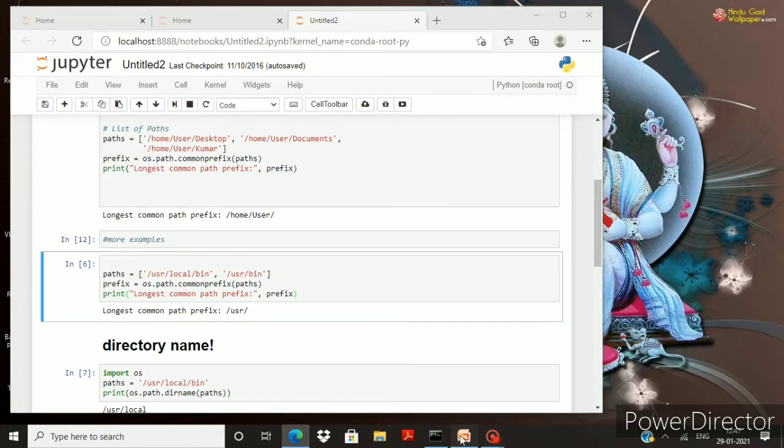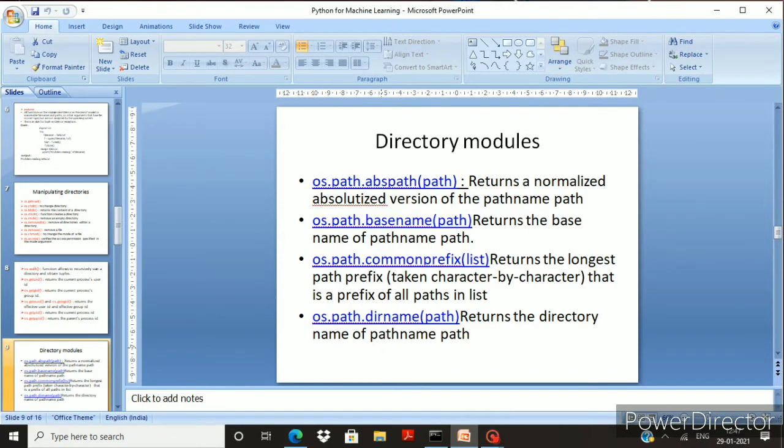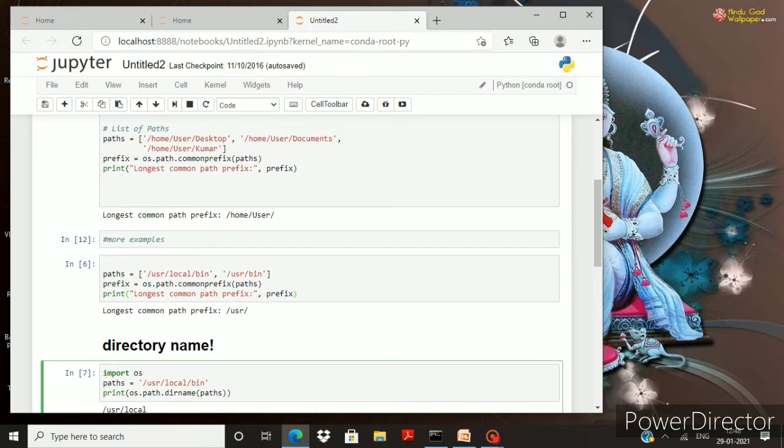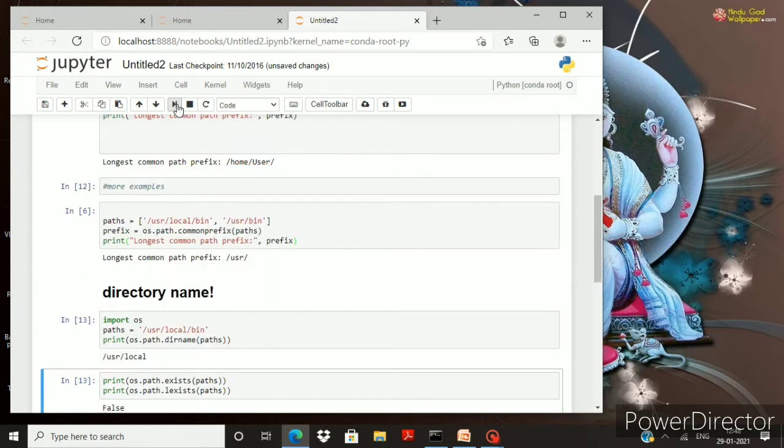Okay. Next, we are going to check the directory name. It will return the directory name of the path name, that is dirname. What do we mean by directory name? Here this is a path, and what will be the directory? User and local will be the directory, and bin will be any other subfolder or something like that.